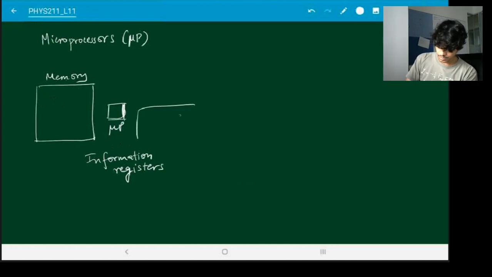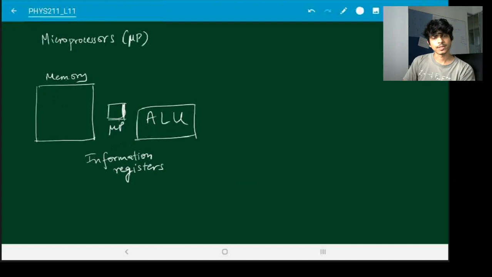There is also the arithmetic and logical unit, which actually does the task of these arithmetic and logical operations. So you can program this microprocessor to do various kinds of tasks. Typically, these tasks are not very complex. You can write a complex program, but it gets difficult the harder the program gets, because first of all, the instructions that you have are very rudimentary. You're just moving numbers around, you're doing some kind of addition, subtraction, or some kind of logical operations. But it gets harder to make more complex programs with this.